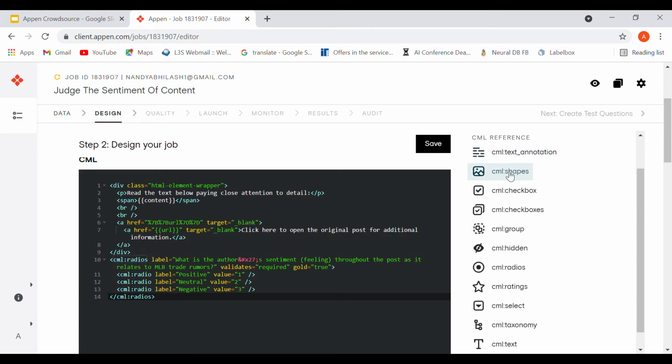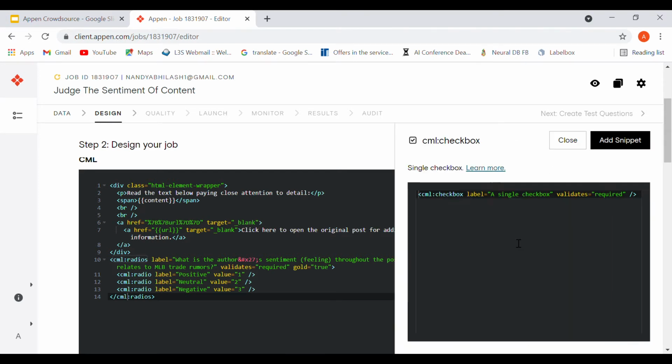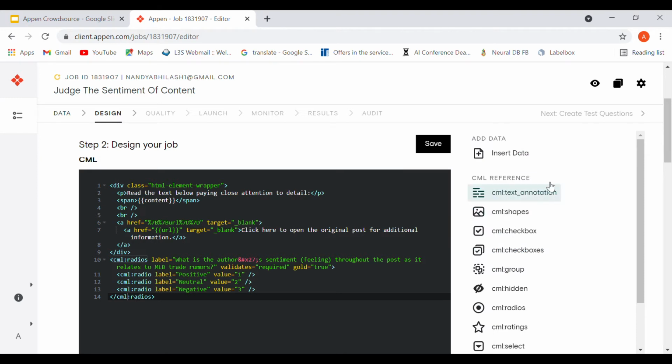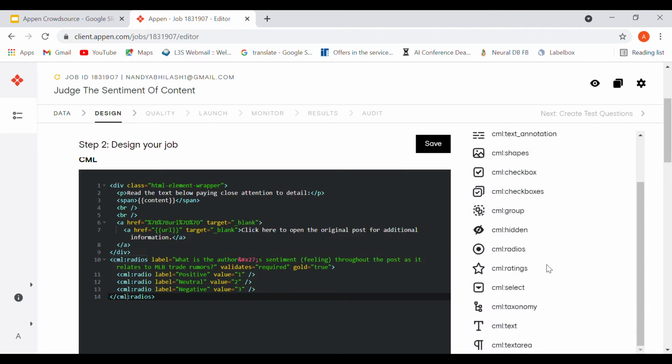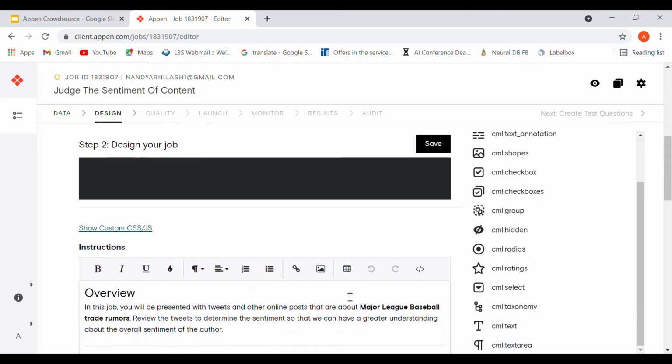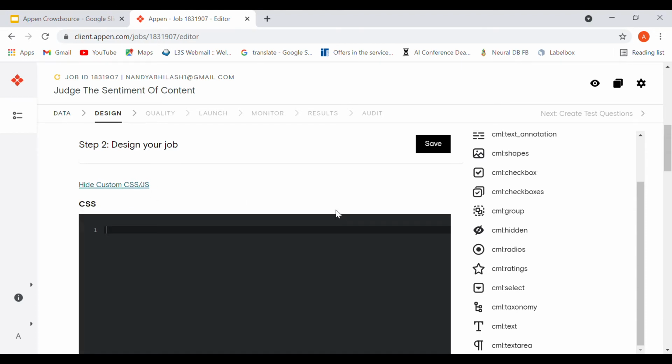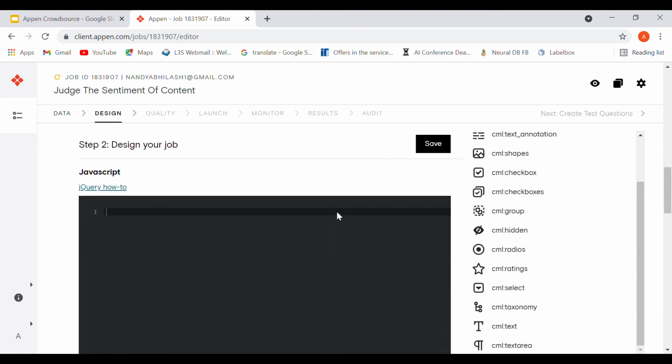So you can use CML. If you click on any of these, you will have a sample snippet, and you can use this link to learn more. This is how you can do it, and you can also add CSS and JavaScript. That's totally on you.